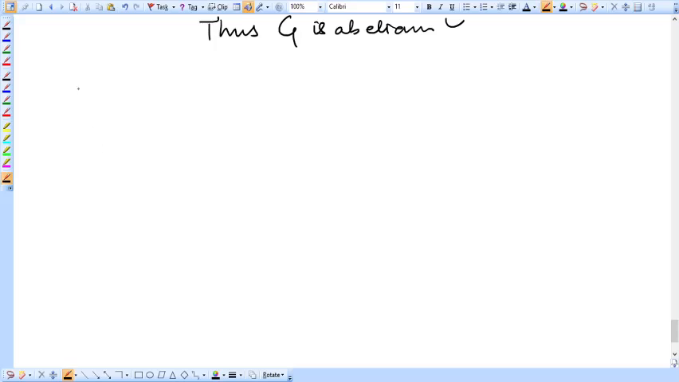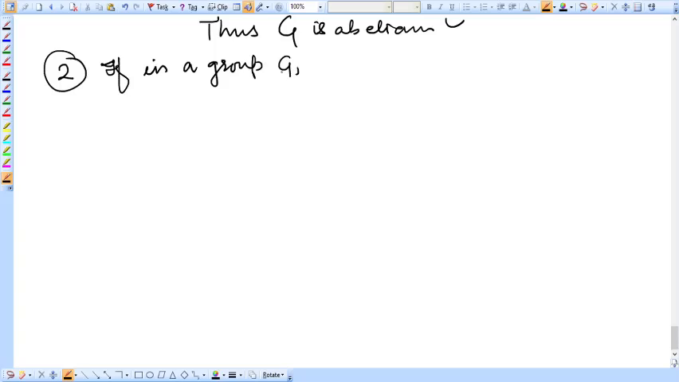If in a group G, A^5 = E and A B A^{-1} = B^2 for all A, B belonging to G, then prove that